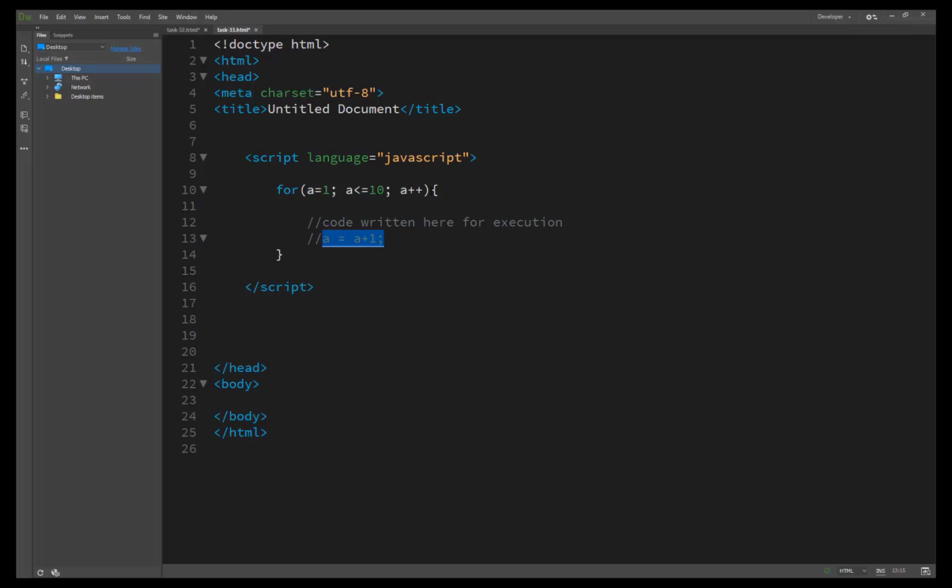So here our condition is, first of all we click here to execute our code.